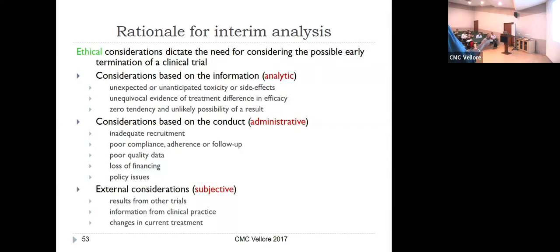But there are other things that are very subjective, and that is you may think that you're the only smart person in the world studying this very important problem. There are other smart people in the world. If your problem is important, I'm sure other people are studying it too. So results from other trials may come out. It may be that it's already an approved drug and it's being used in the market for something else, and there are bad effects for that. So even if you show it works here, no one's going to use it. Or changes happen so that whatever you're studying all of a sudden becomes obsolete.